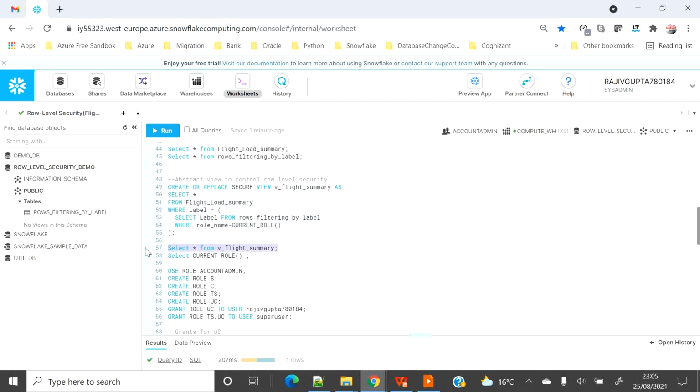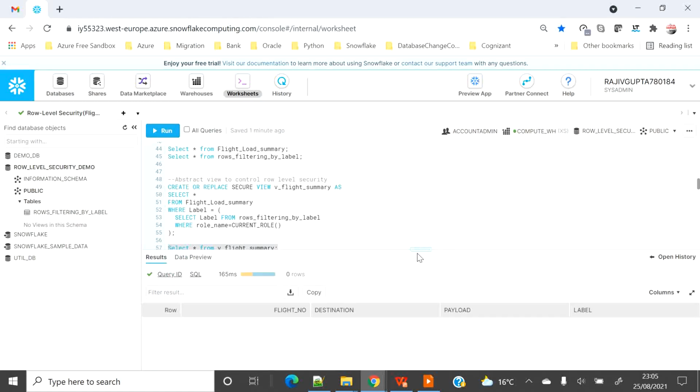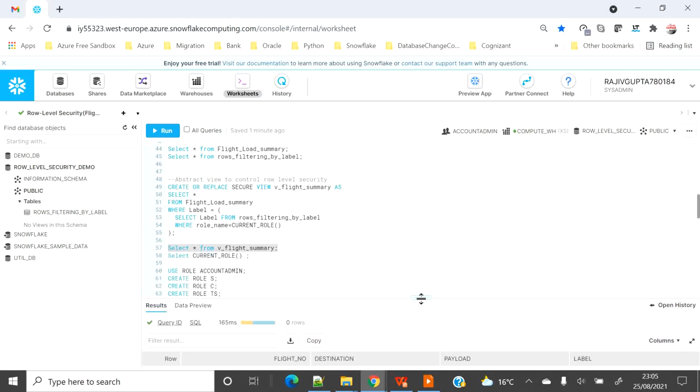Now let's see whether we can see any data on vFlight summary. As you can see, I am the owner who created all the base tables, all the data and all the views, but I am still not able to see any rows in this view.